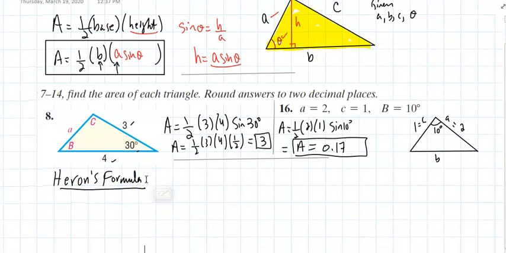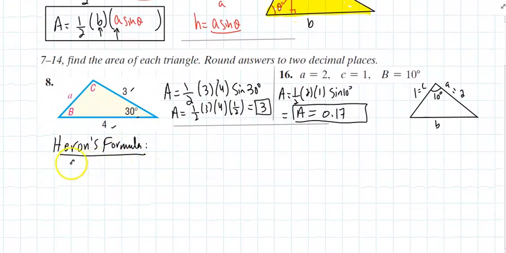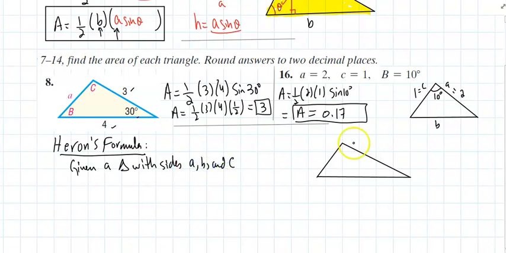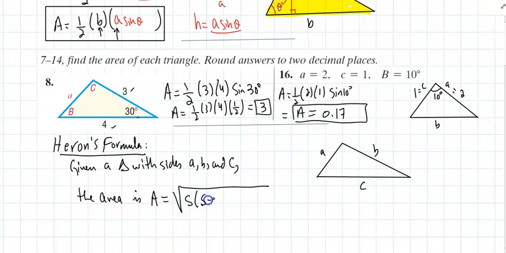And Heron's formula states, given a triangle with sides A, B, and C, the area is equal to the square root of S times S minus A,